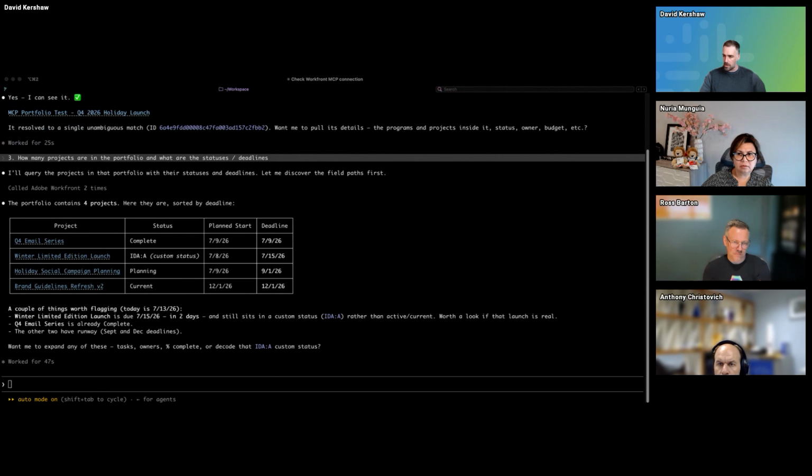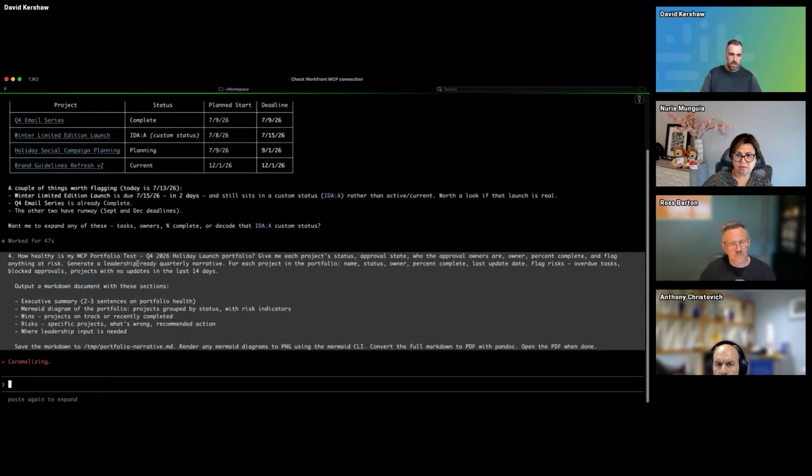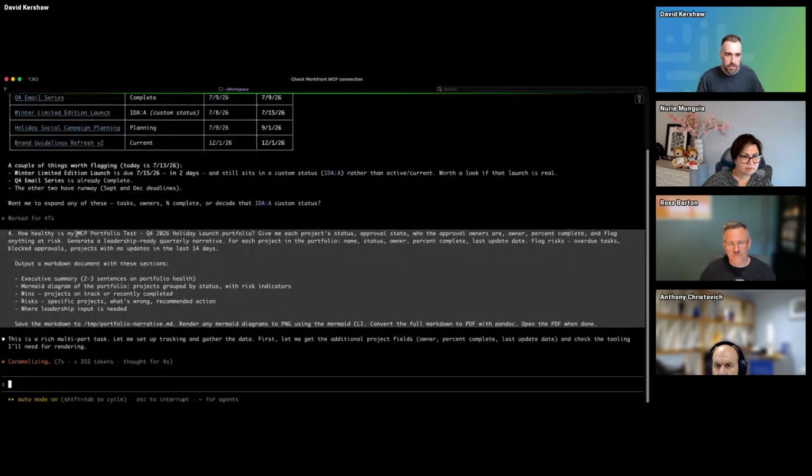One thing I do want to show, I think it's a pretty neat demo, is this is a large prompt. So just bear with me for a second. I'm going to copy paste it, and I won't read the whole thing. But this is something you could build in if you're interested. This is an example of a workflow. Maybe it's not the best example, but it's one that I could think of.